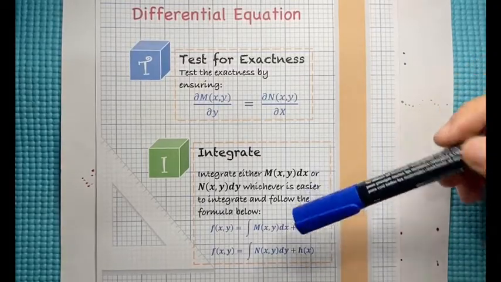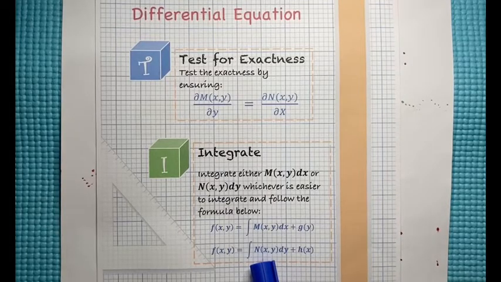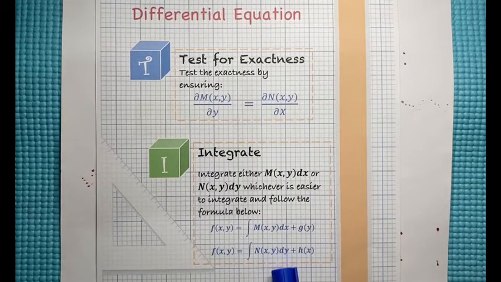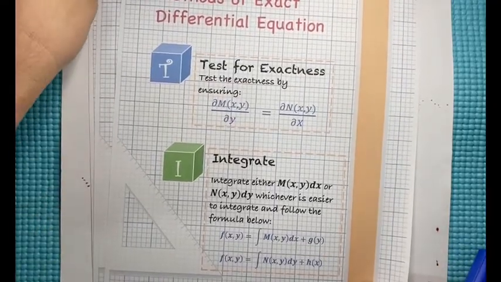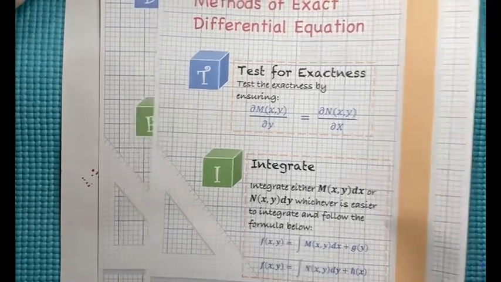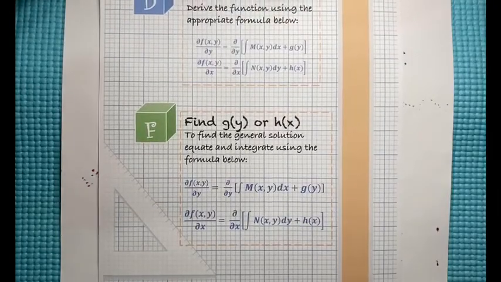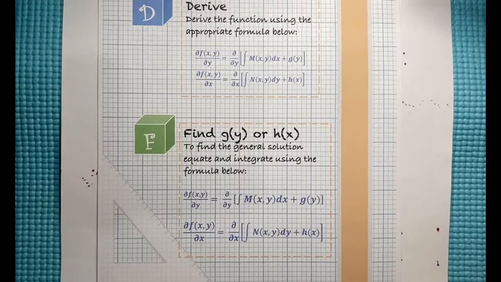But if we decided to integrate the function of n of x and y dy, and then we are going to append a function of h of x. And then once we integrated the given function, the next one is we're going to employ the partial derivative of the integral of the